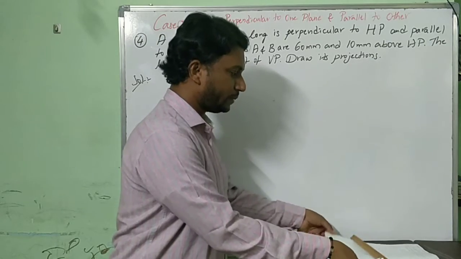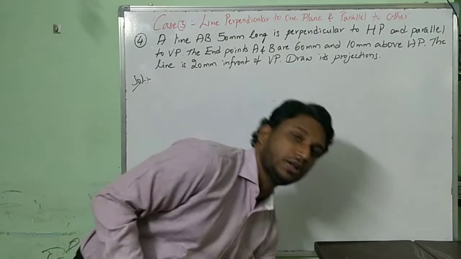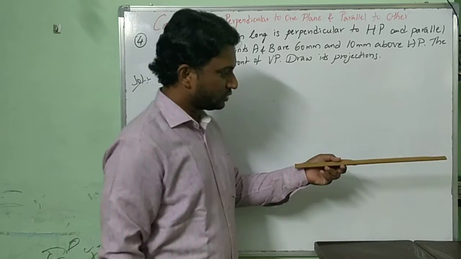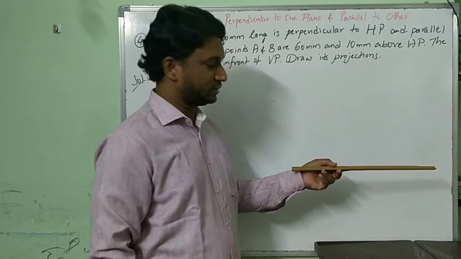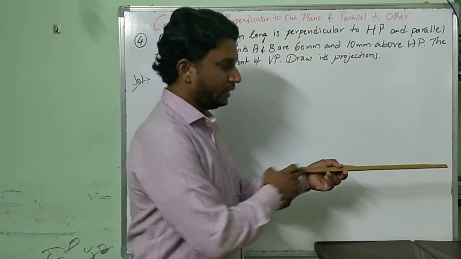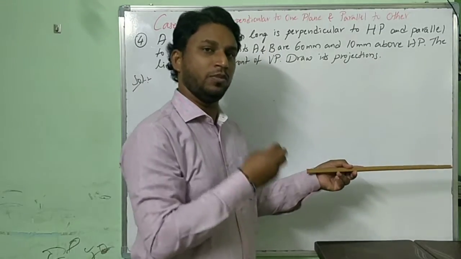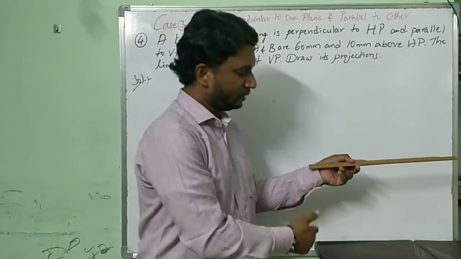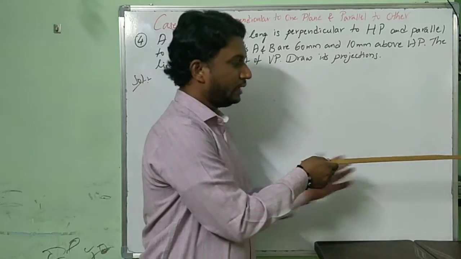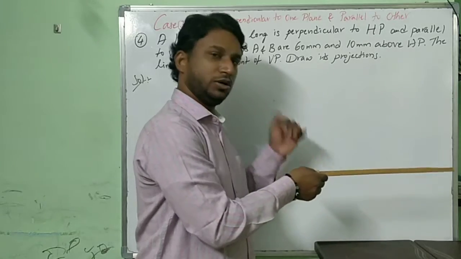See what is perpendicular? Perpendicular is nothing but the line which is at 90 degrees. Am I right? If I take a straight line, this was the position which I explained as the first case, line parallel to both the planes. Parallel is nothing but end A and end B are at the same height. Both end points are at the same height, then you can tell the line is parallel to HP. Now parallel to VP: end A and end B are at the same distance, then you can tell the line is parallel to VP.